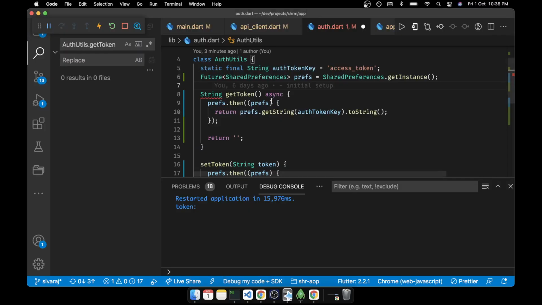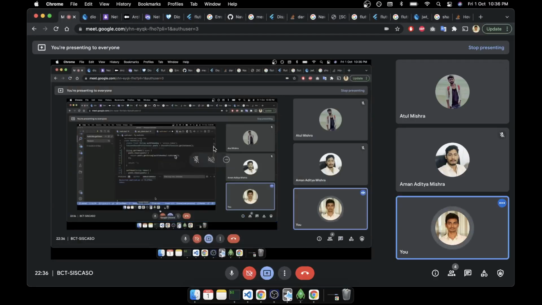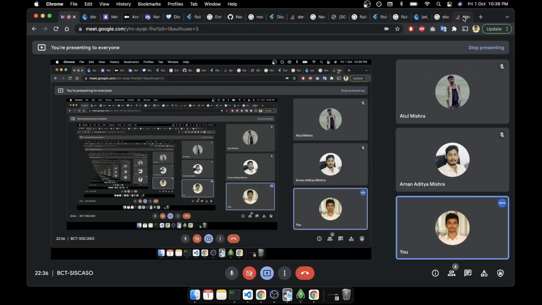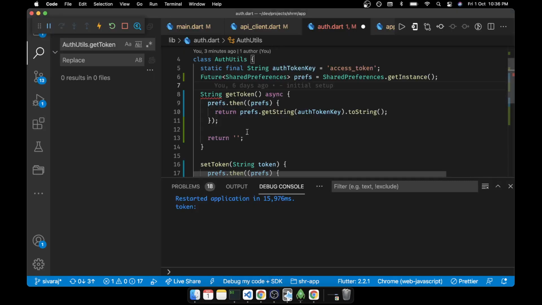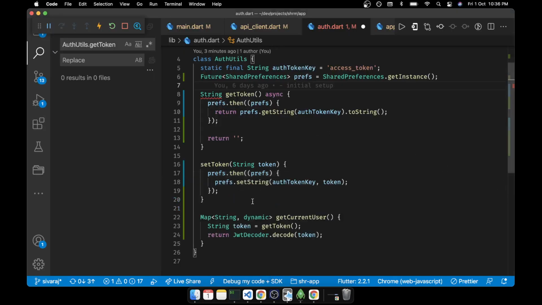What were we doing? So this set part, correct? So maybe we'll try to replace this one, SessionManager. So we'll try to replace it here.